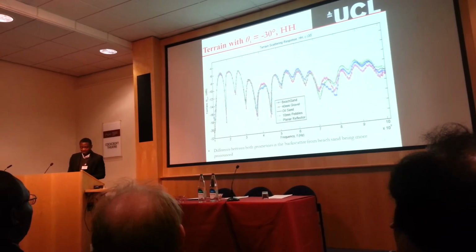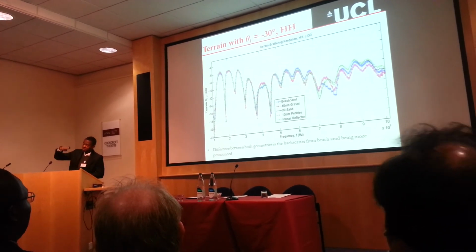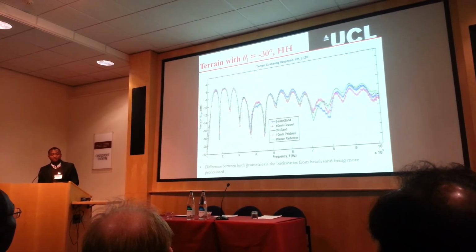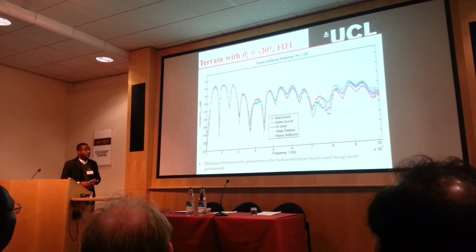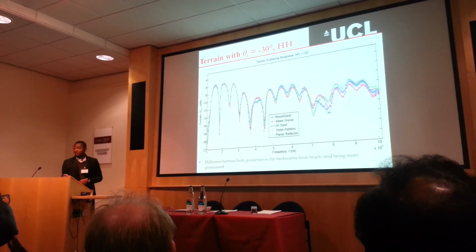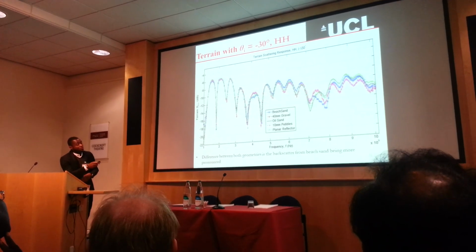However, a slight difference occurred at minus 30 degrees, when the antenna looked down, which was that the beach sand seemed to provide greater reflectance. It wasn't more than the planar reflector, that would have been a disappointment, but it was more than